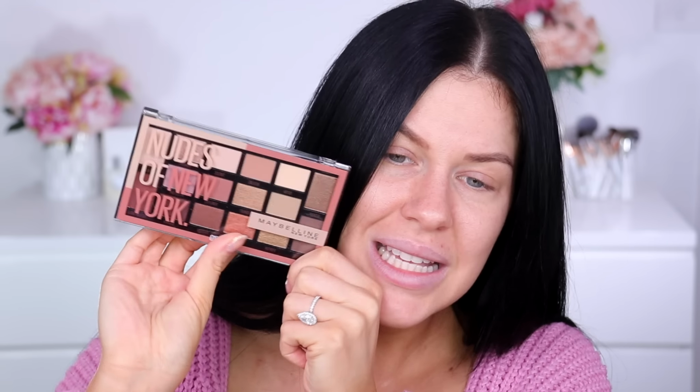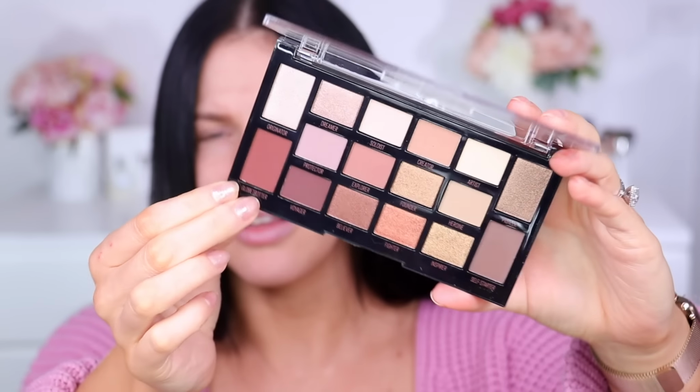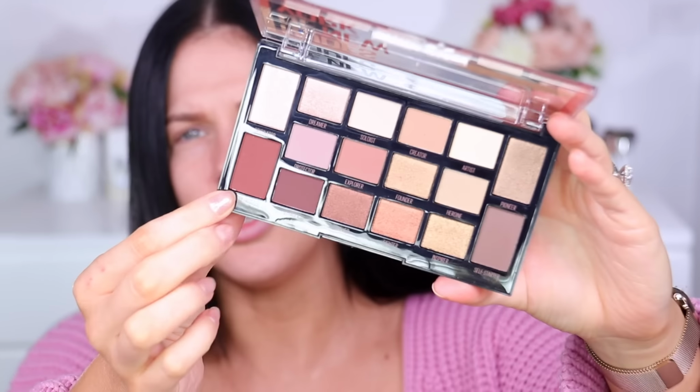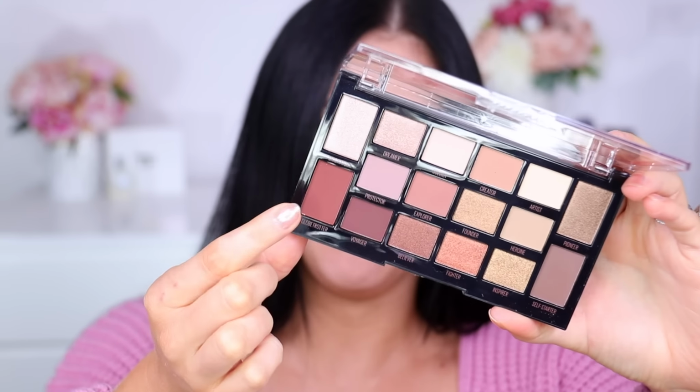One of the new products that are part of the releases that they've done this time is this eyeshadow palette. Oh, I'm gagging a little. There's a particular color in here that I just want to roll around in like a little piggy. This is the eyeshadow palette here. It's called the Nudes of New York, and this shade here, I want it all over my entire being. It just looks...